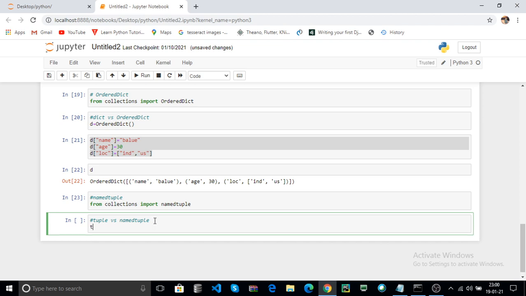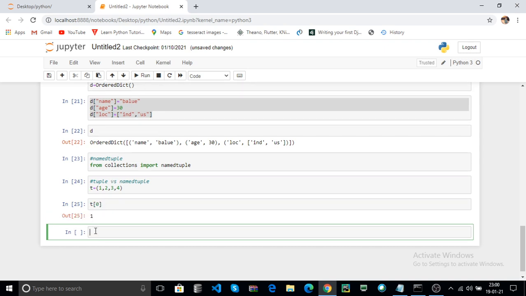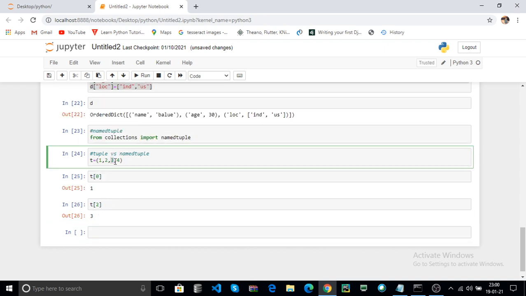Now I create one tuple here, 1 2 3 4. Click on run. Here the tuple elements are accessed by index only. Click on run. And t of 2, that is the tuple of index 2. Here it returns the element at index 2.